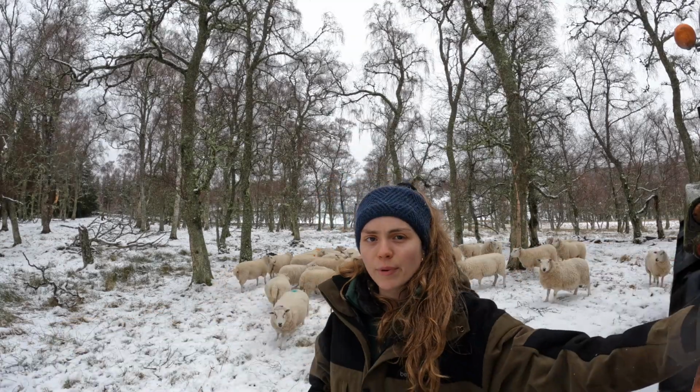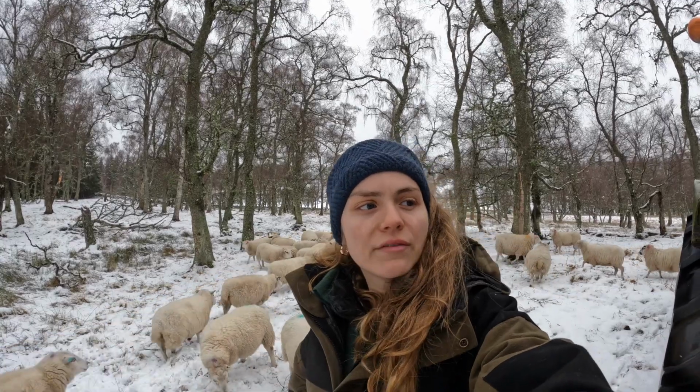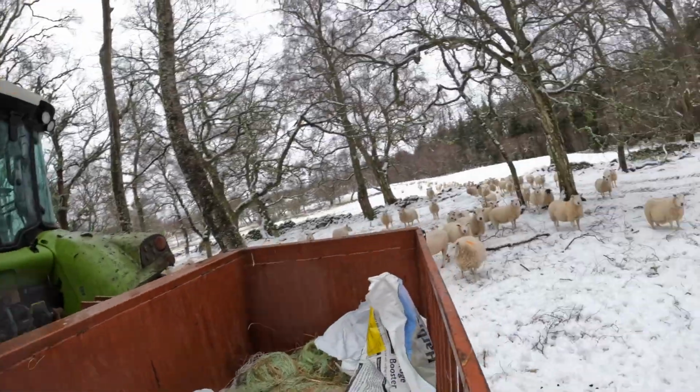I might just unravel the bale a wee bit and kind of spread it out a bit so everyone can get in, because the rest of them are kind of